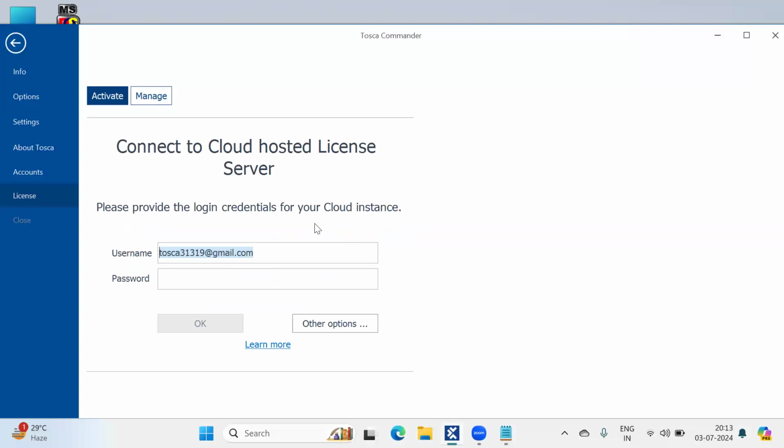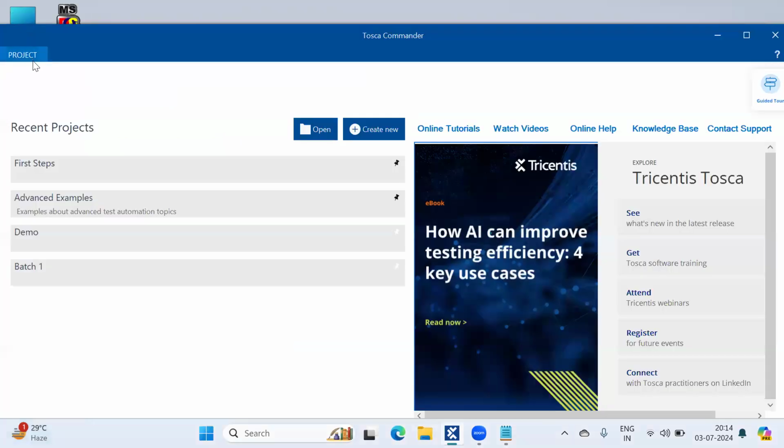Whatever email ID you gave during registration will be your username, and use the same password you provided during registration. Then click on OK. You will get a message like connected to cloud hosted license server. This is how you need to activate your license once you get approval from Tricentis Hub.